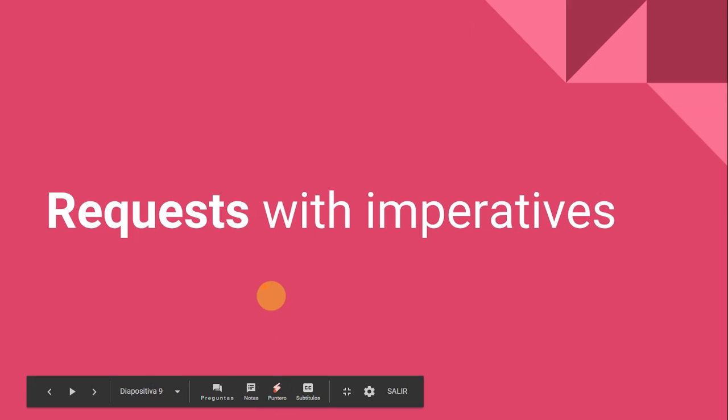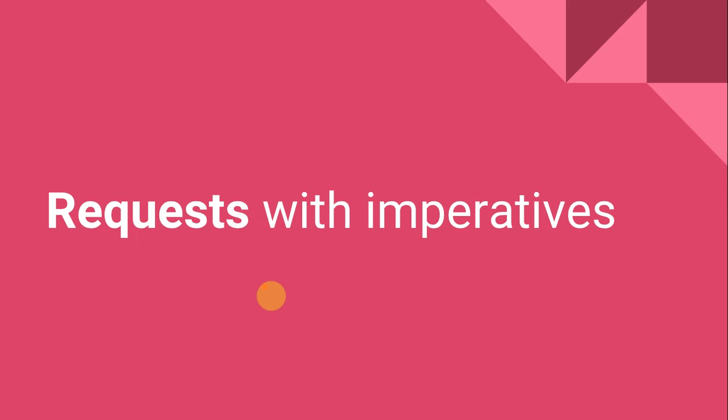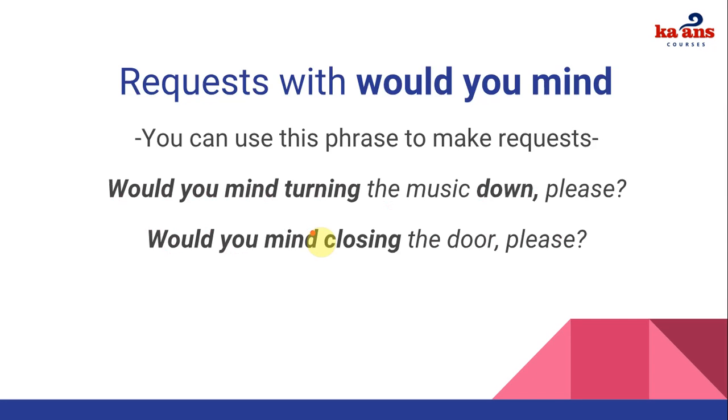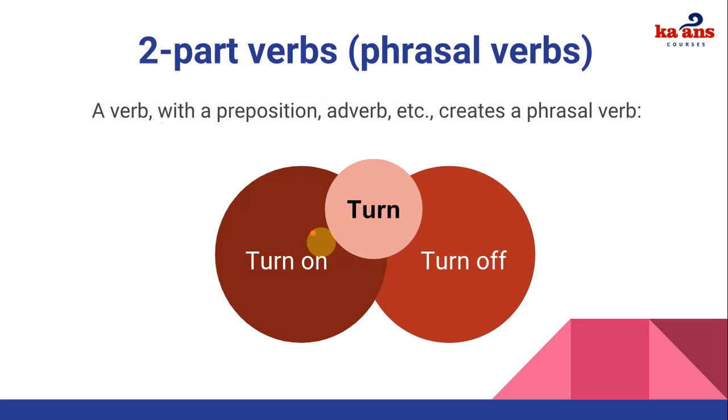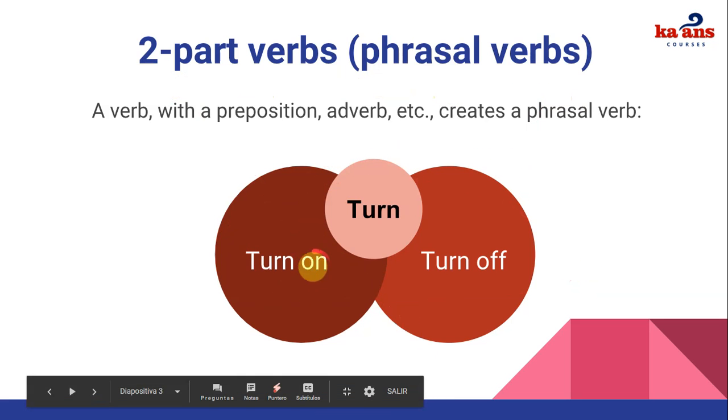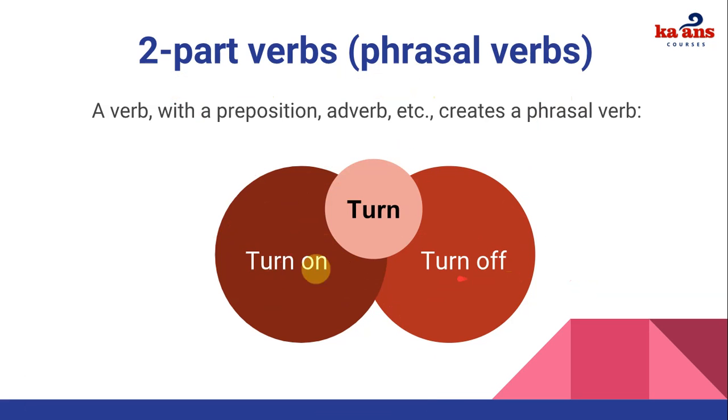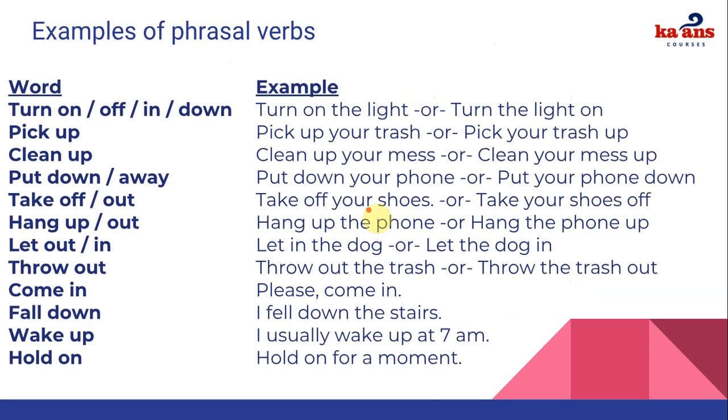Hi guys, welcome back. Let's continue with lesson number 2 from unit number 6 from the pre-intermediate course, level 10. So just a quick review from the first lesson. We got to see two-part verbs, also considered phrasal verbs. Remember, here we had the example of using the prepositions on and off and how it completely changes the meaning of the main verb turn.